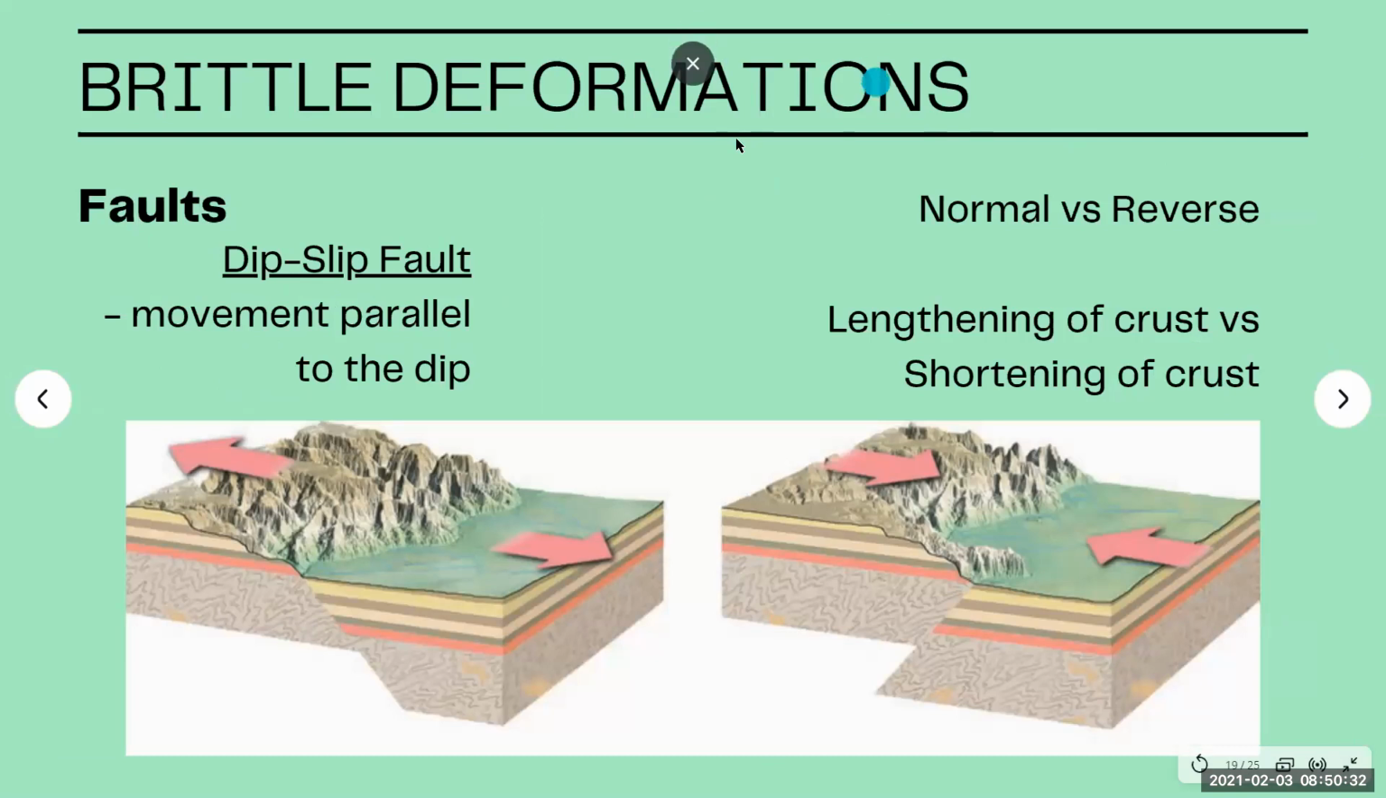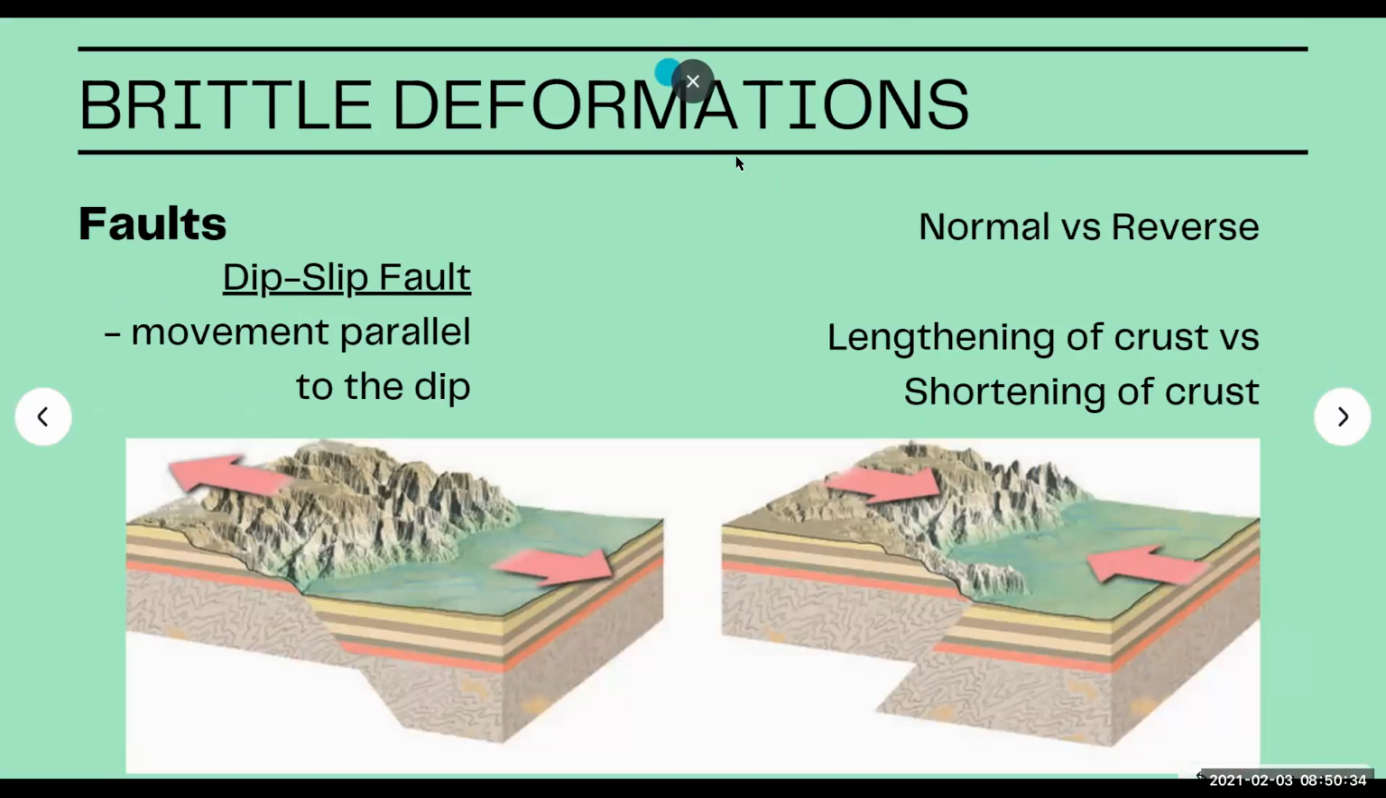So kung titignan natin dito sa dip slip, pwede siya magkaroon ng tinatawag na normal and reverse na fault. Okay? So yung dip slip may two types pa siya, normal and reverse na fault. So sa dip slip, ang movement niya lagi, it's either parang pataas pababa. So if this is our fault, titignan natin. Kung dyan nag-occur yung fault natin, yung immediately above,